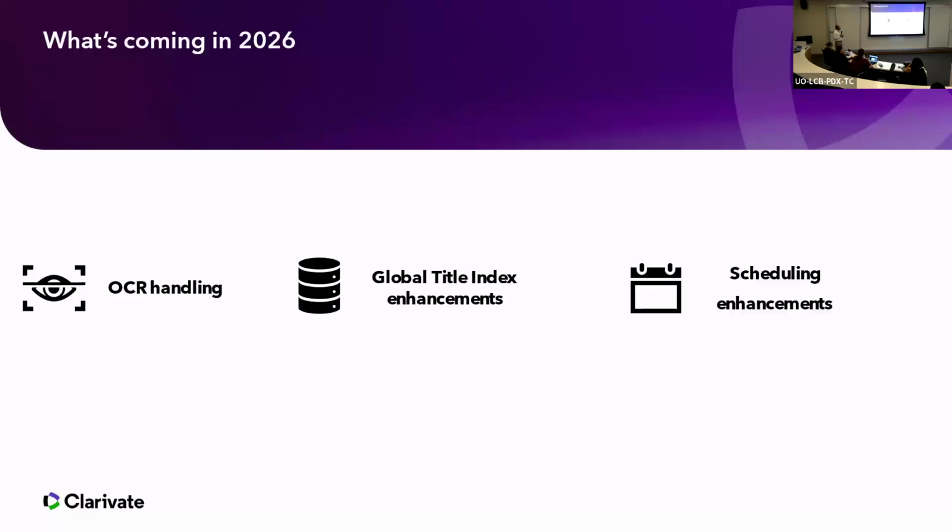So that's coming up. Another thing that we're working on, again back to the community ideas, is updates to the Global Title Index, which is our index of holdings for RapidILL libraries. There can be some strange issues here. Sometimes there'll be separate records for a title, even though it's the same title, held by different libraries, which makes it hard for us to connect the request to all the available lenders. So this will help make sure that when you place a request, it actually has the most available options in terms of possible lenders.